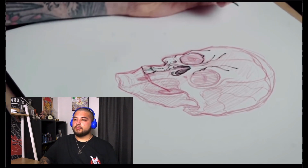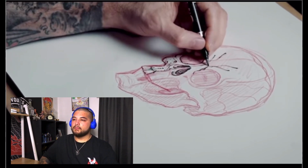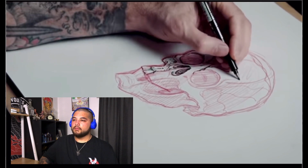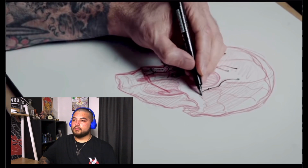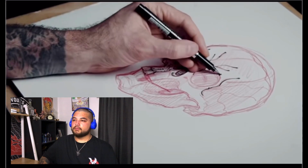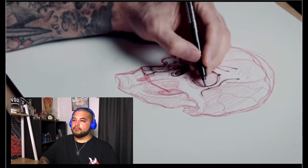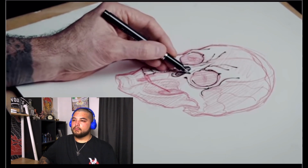How important is it to study anatomy when you do these? I think that with some types of things, it's good to study anatomy. With Japanese, they disregard anatomy, and sometimes you can know the anatomy, but then you have to know when you can break the rules, so it'll have the right look to it. It's kind of hard to explain when you should do it, but...